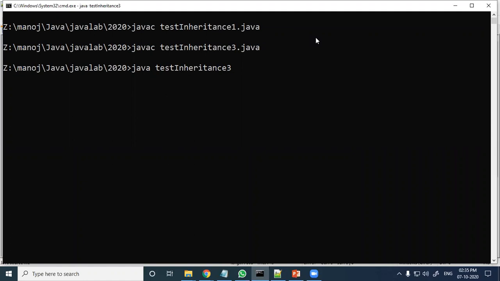Test inheritance3. So here x value is 10.